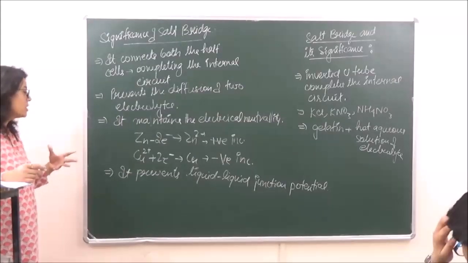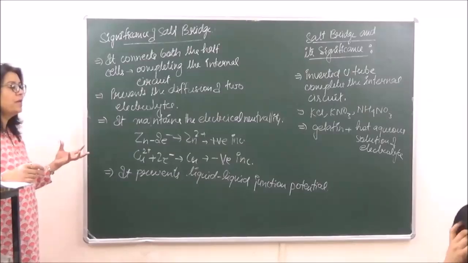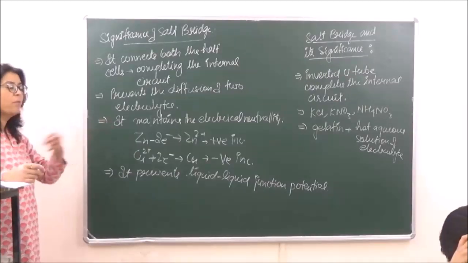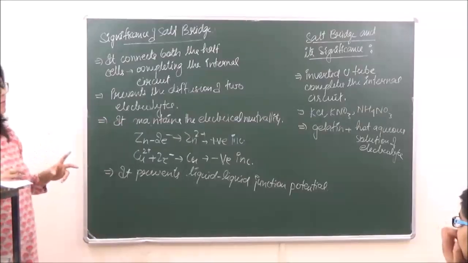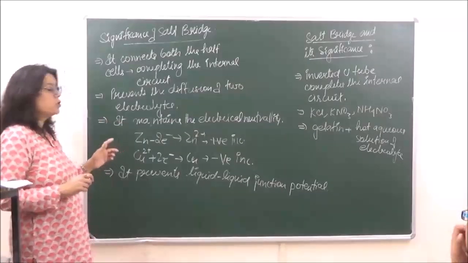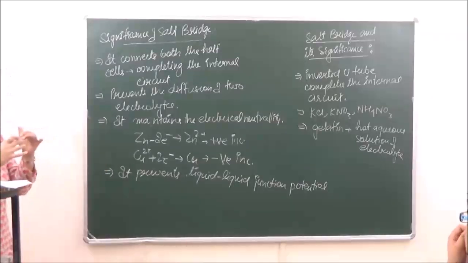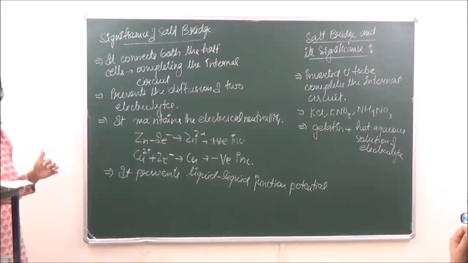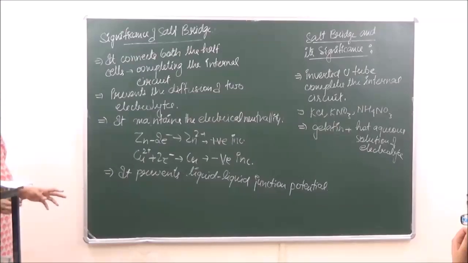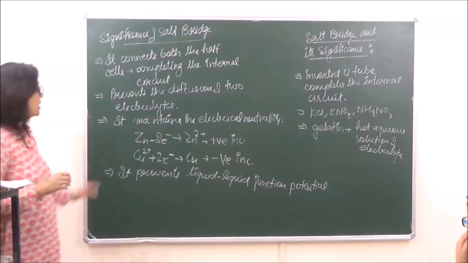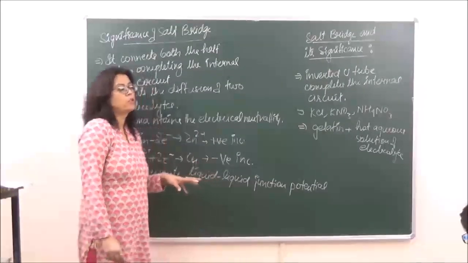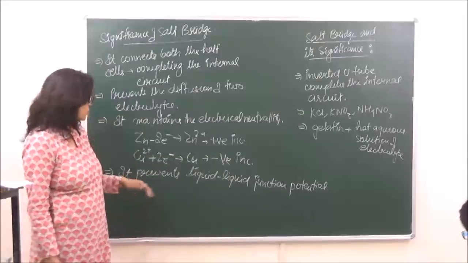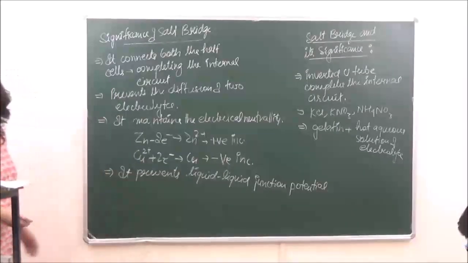Once the reactions start, there is going to be a potential between both the liquids, 1 molar zinc sulfate and 1 molar copper sulfate. So what the salt bridge does is, it behaves as an intermediate between the two solutions, thereby preventing this liquid junction potential. If this liquid junction potential occurs in the solution, the cell is going to become non-operational. Okay, have you understood? So this is the salt bridge.